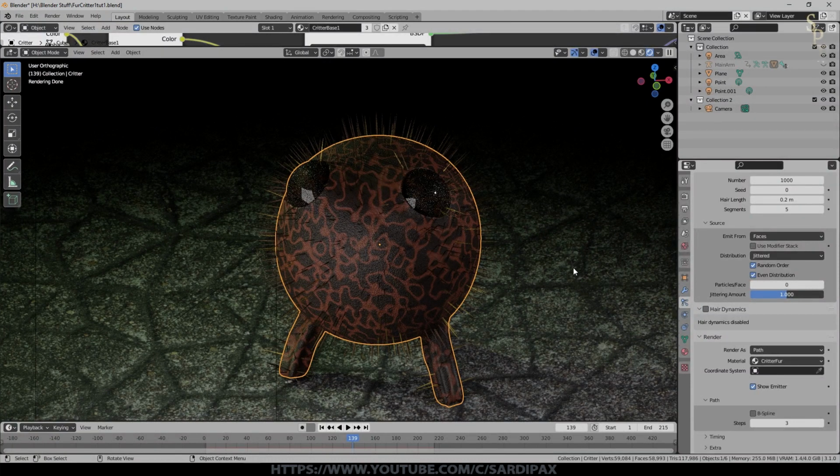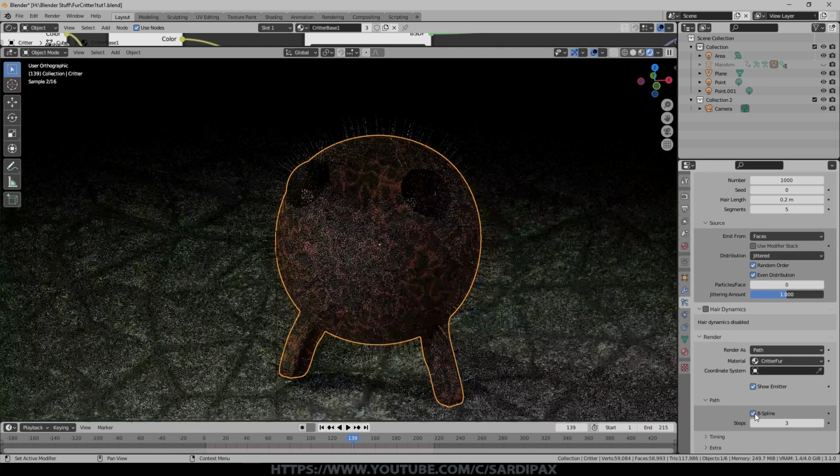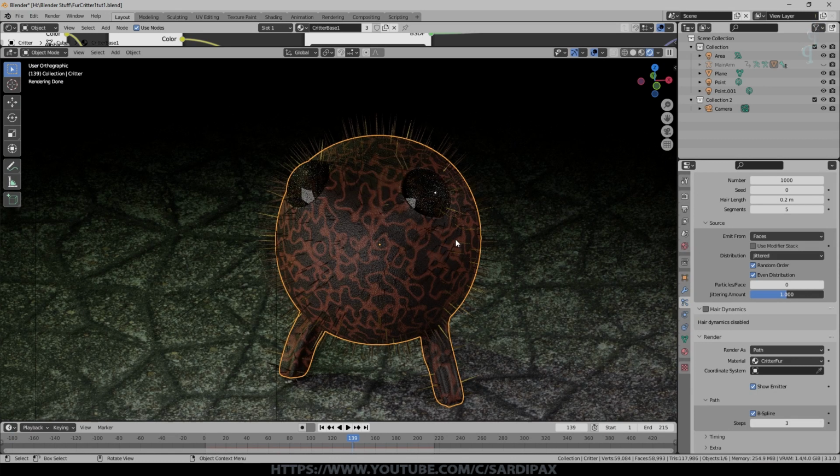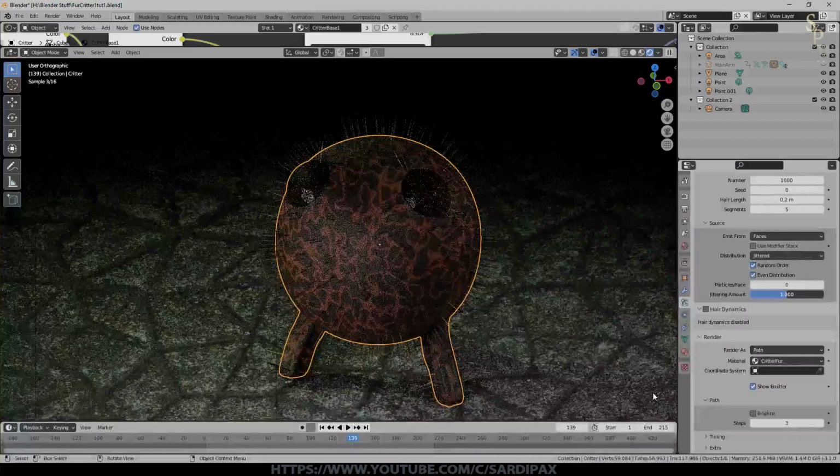So that's fine. Now you can have the hair work in various different ways. It'll generally be smooth and curvy regardless, but you may want to turn on B-spline here. Now bear in mind this will add a certain amount of computation to being able to render and calculate the movement of the fur. But we can turn that on, and the number of steps, if you like, the number of handles in the curve that creates this B-spline, a B-spline being a very gradual curve. And I'll turn that off for now.